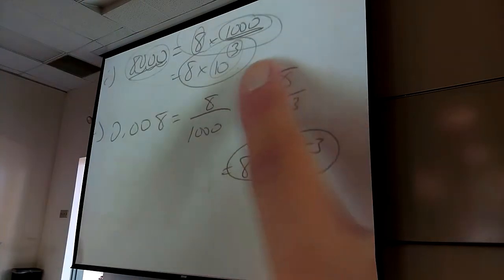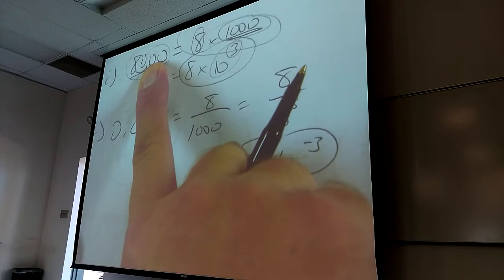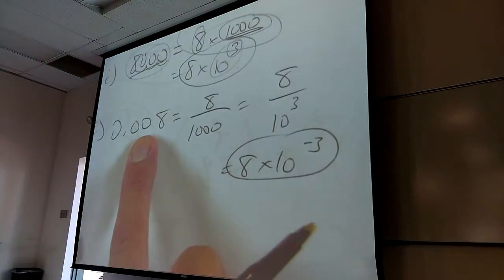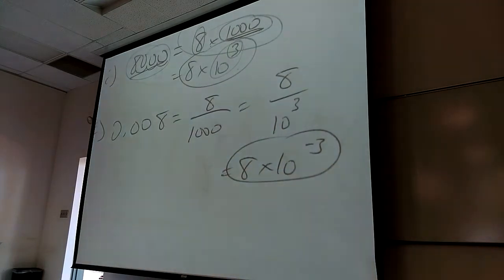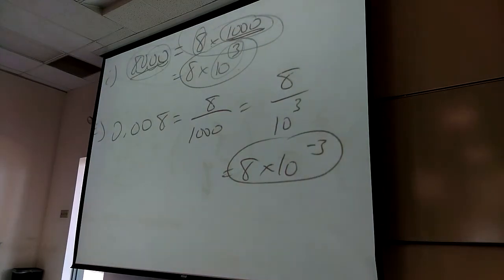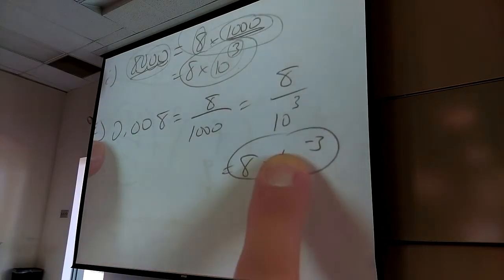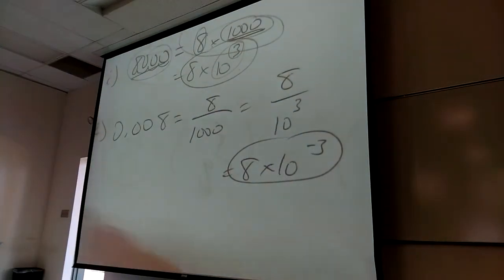So this is what I'm saying. If it's a big number, bigger than 10, I'm going to have a positive power. If it's a small number, smaller than 1, I'm going to have a negative power. Now to me, that's even better than left and right, even if I knew left and right. Because if it's a negative power, I make it small. If it is a small number, I'm going to make it a negative power. It's beautiful. Let it be beautiful. So for example,